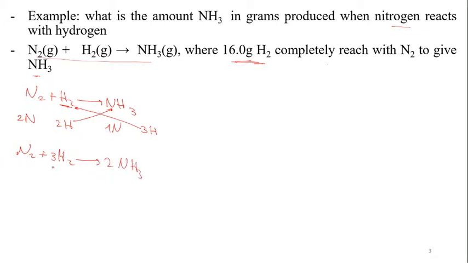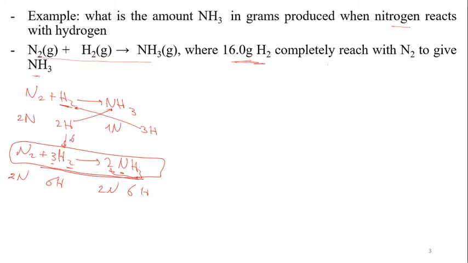Now let's count the number of atoms. So I have here 2 nitrogens, and I multiply the 2 by 3, which is 6 hydrogens, and on this side I have 2 nitrogens, and I multiply also the 2 by 3 to give me 6 hydrogens. So this is my final balanced chemical equation. So from that, if I have here 16 grams of hydrogen, how much ammonia is produced in